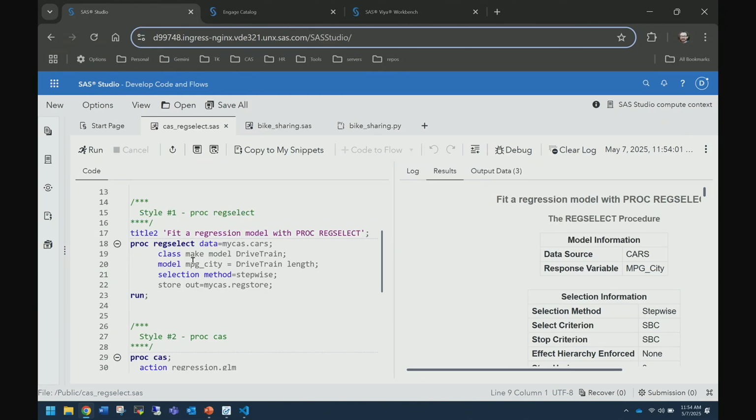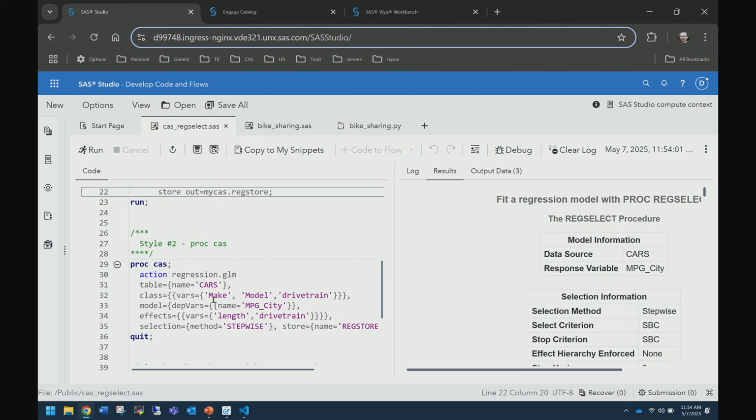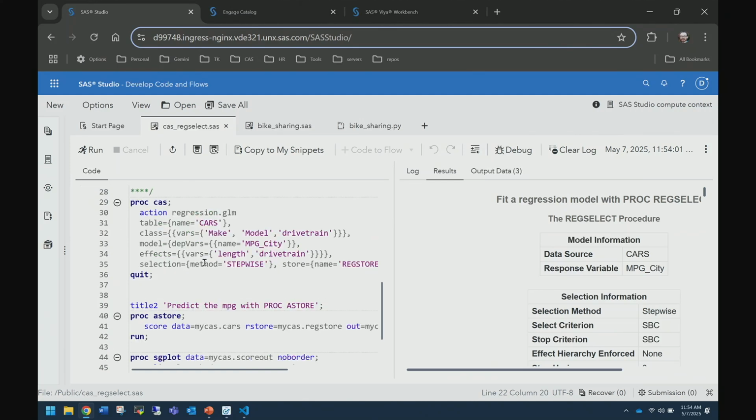Either if there's a proc, I'm running this proc reg select, so I'm doing a linear regression against a CAS data set, that CAS data set I just copied, to produce a model from it. Or if you like a CASL style, here I'm doing the same sort of thing, but with proc CAS. I'm using the CAS action to run an equivalent sort of thing of what that first style is.